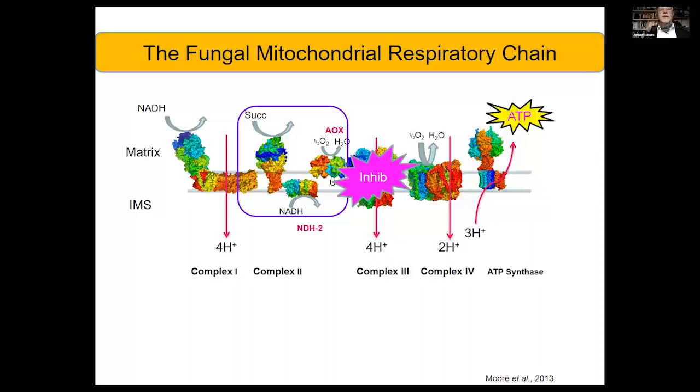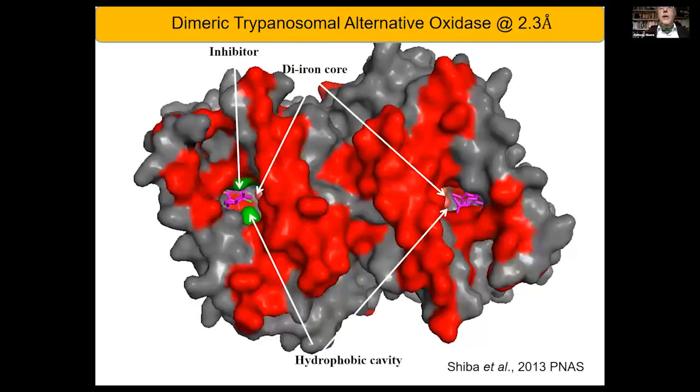And hence it can still oxidize substrates, particularly through NADH or indeed through succinate. And in the next slide, you can see that essentially what happens under these conditions is that the energy is released as heat. So if we go into the next slide, please, then we have actually crystallized the structure of this particular protein